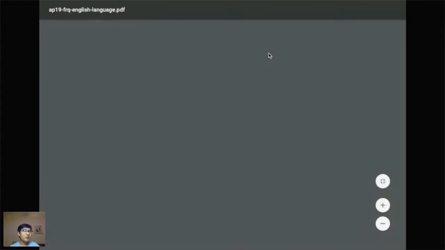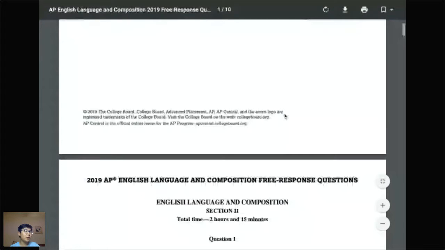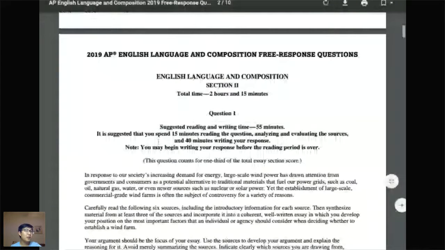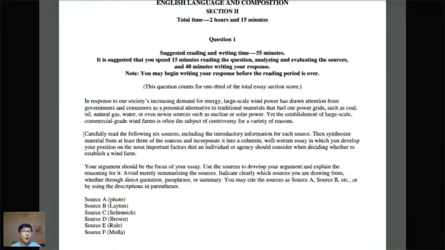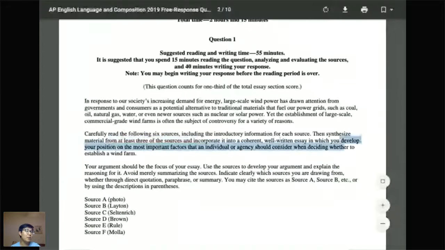And this packet has some information, and specifically you'll get something that looks like this. So they will give you a thesis. This second paragraph is what matters the most. Synthesize material from at least 3 of the sources and incorporate it into a coherent, well-written essay in which you develop your position on the most important factors that an individual should consider when deciding whether to establish a wind